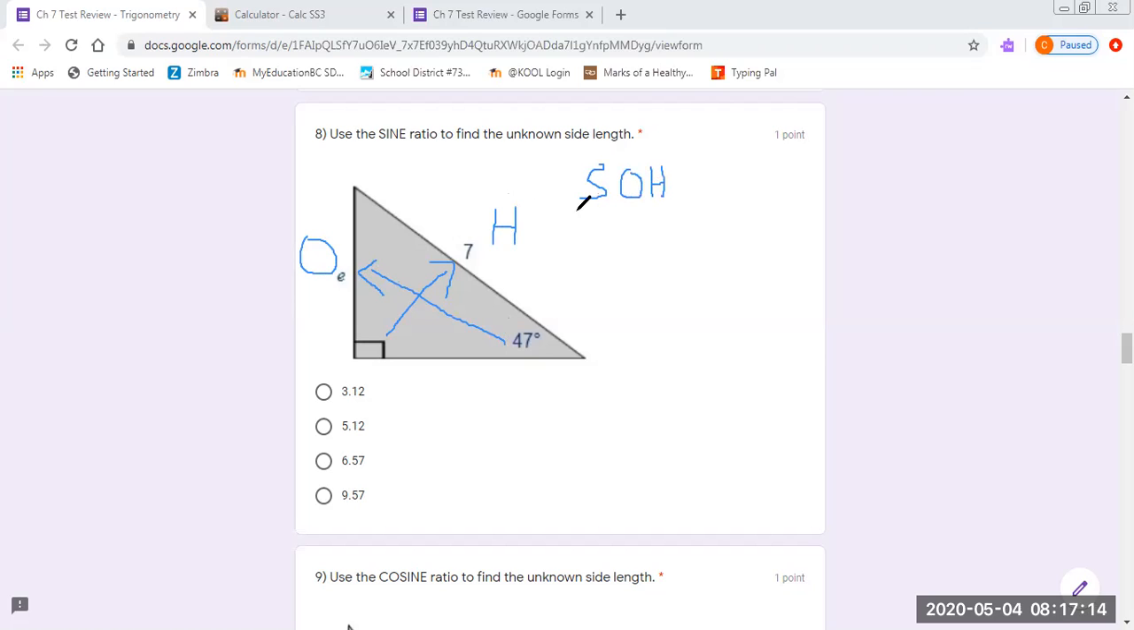We're going to use a sine function, and so what we have here is sine of 47 degrees is going to be equal to the opposite, which we don't know, so I'll call that E, over 7. In order to get E by itself, we simply need to multiply both sides by 7. Then the 7s cancel out here, and we'll know what E is. We just need to go sine of 47 times 7 to figure out the answer. So if I plug this into my calculator,